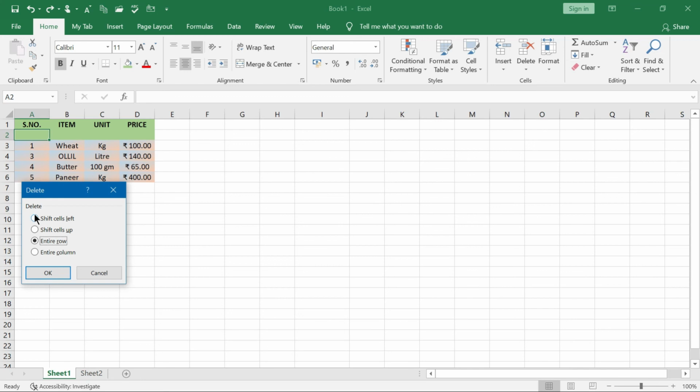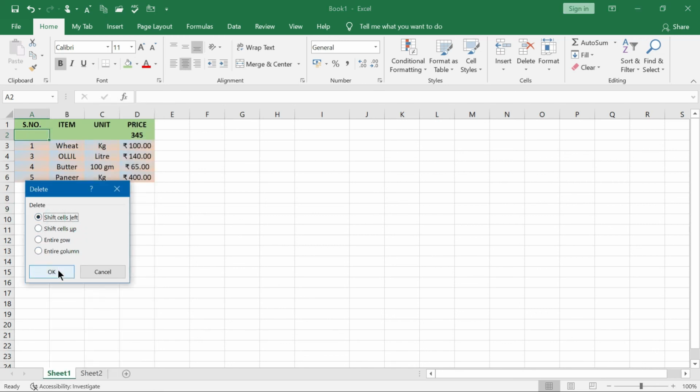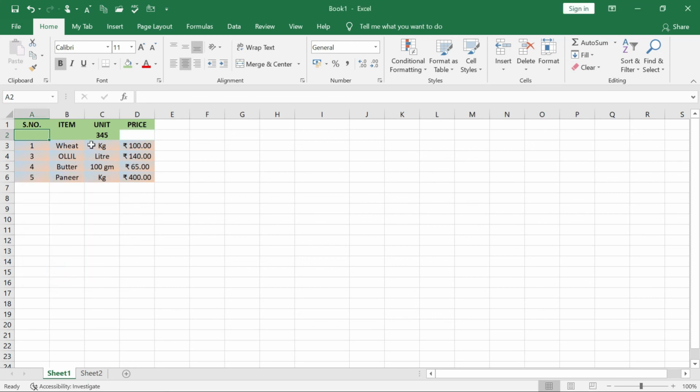Okay, now shift cells left, if you are deleting, then what is happening? Click on OK. See, one cell has been deleted and it has come over here. Shift cells left means the cells have gone over there. You will understand it better. Suppose I have given out 345. Now you keep the cursor over here, right click on it, delete, and shift cells left. You see what happens. Click on OK. So one cell has been shifted over there and 345 from here has been replaced and has come over here. That is actually the shift cells left.